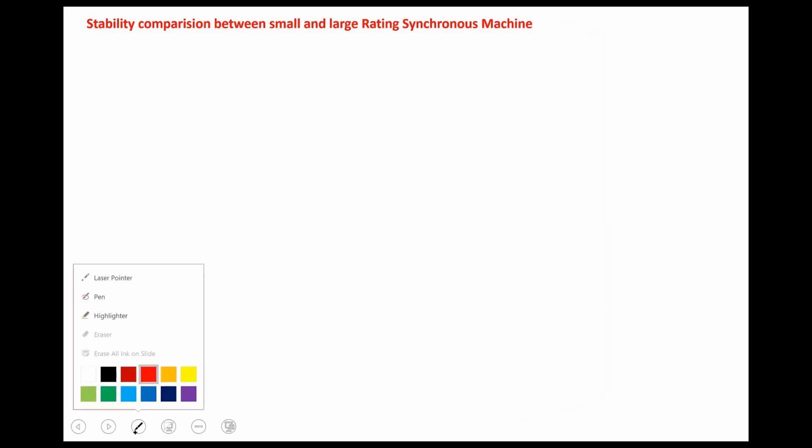Stability comparison between small and large rating synchronous machines. We know that in the previous class we studied the swing equation, where M d²δ(t)/dt² is given by PA, where PA is the accelerating power on the rotor shaft. M is the rotor angular momentum, or the other name is inertia constant of the rotor. So d²δ/dt² is the